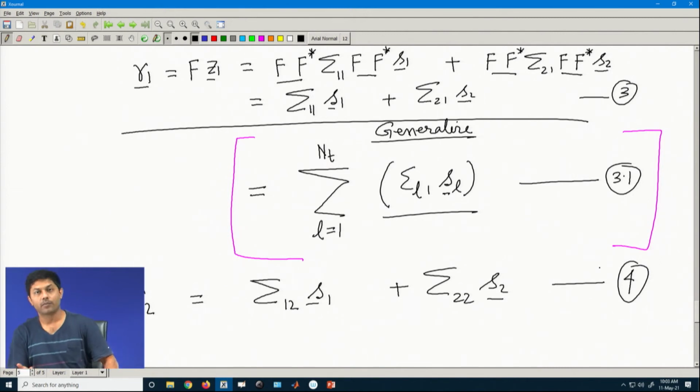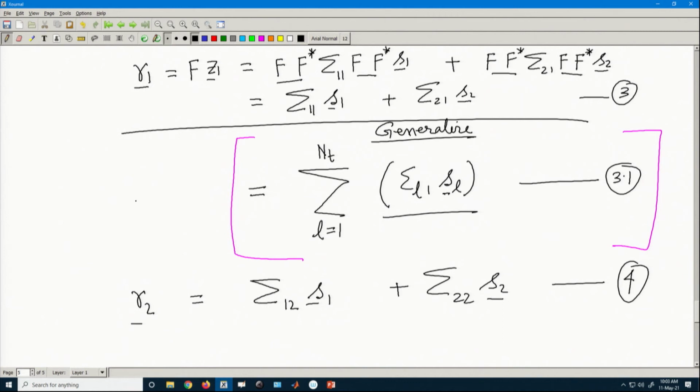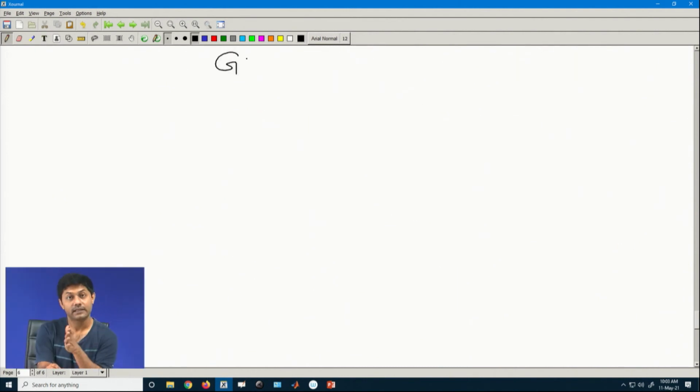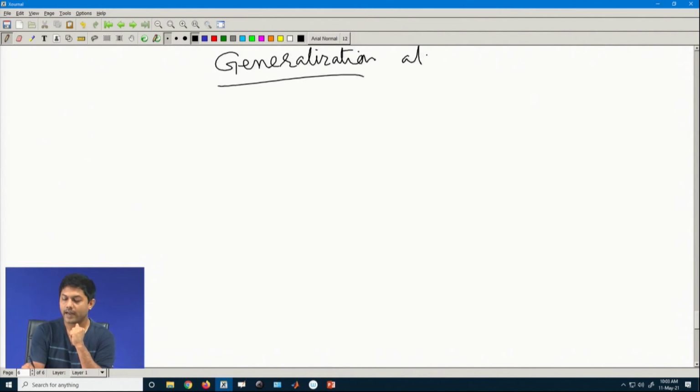Can I generalize it? Of course, you know how to generalize it. Now, can I generalize the R vector also? Of course, because this is only for R 1 and R 2. If I assume there are only 2 received data, can I generalize it from the receive antenna point of view? Yes, you can. So, that means even more generalization at the receiver side also. Listen, at Tx Rx both.